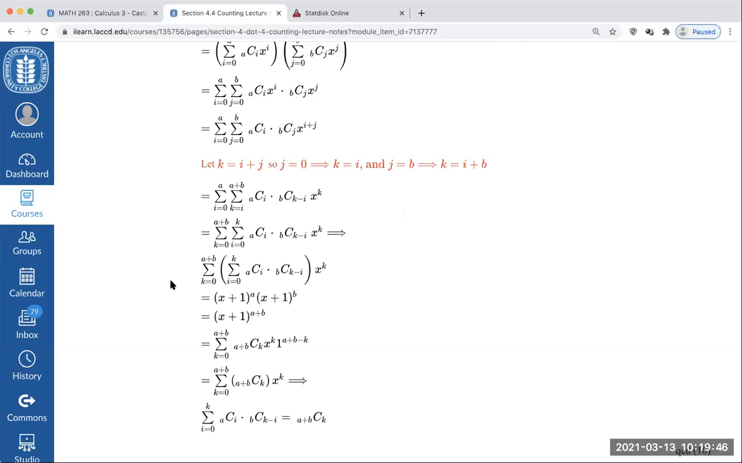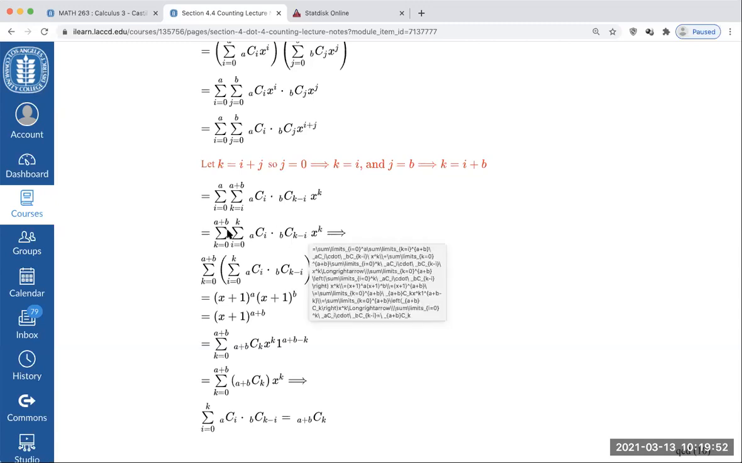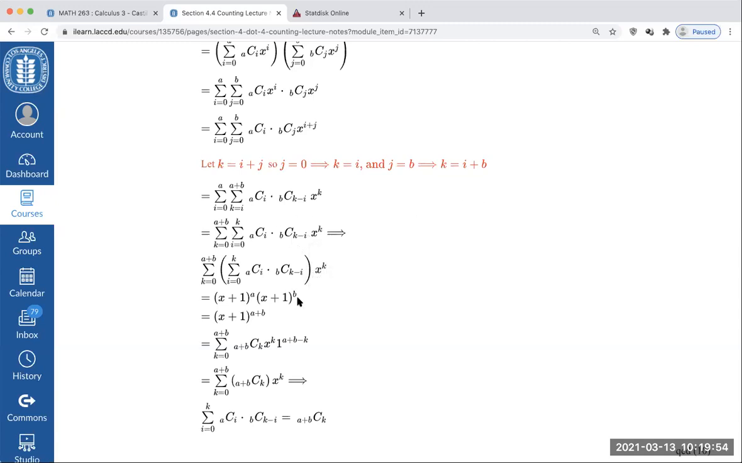So let's rewrite this as the sum k equaling 0 to A plus B of, well, this thing in the middle, all times x to the k. So this is the sum i equaling 0 to k of ACi times BC(k minus i). Now,